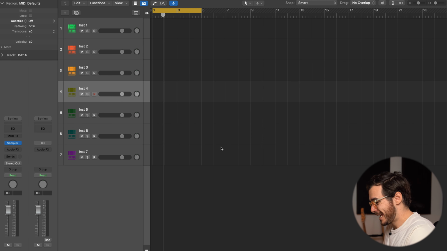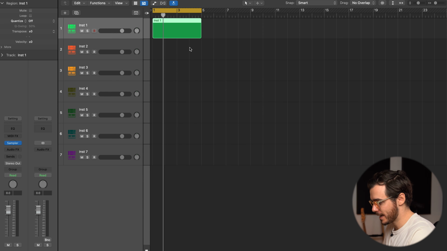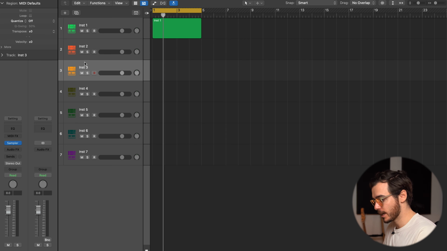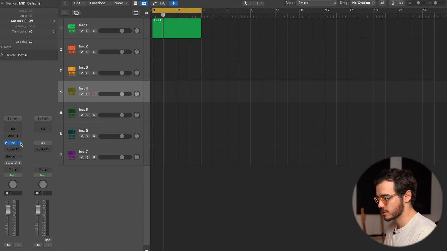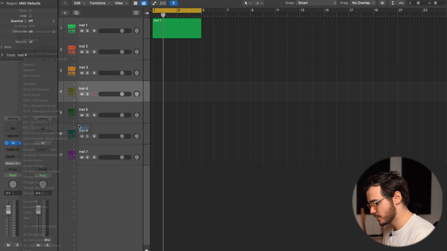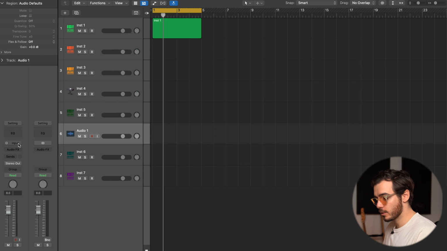So here in Logic we have the arrangement view, okay? So this is where you can really easily create MIDI patterns, or you can drag and drop audio, or you can record audio. On the left-hand panel we have what's called the inspector. Now this correlates to each individual channel, and the inspector provides us with a bunch of options, such as we can change our instruments to maybe a synth, or if we have an audio channel we can change our input